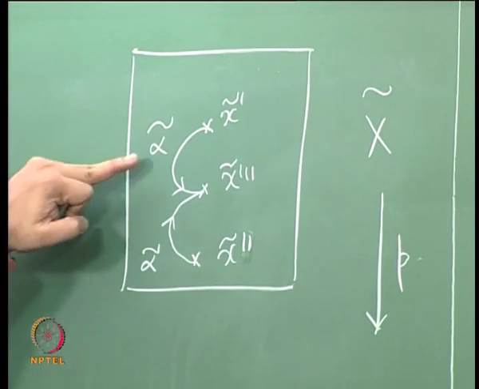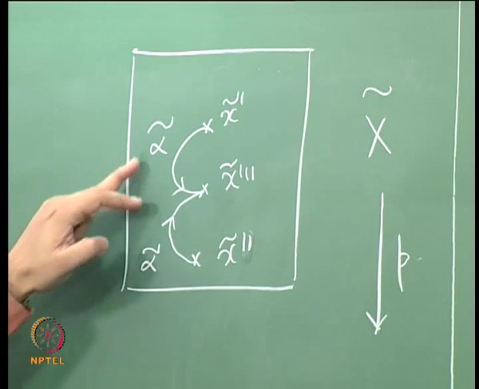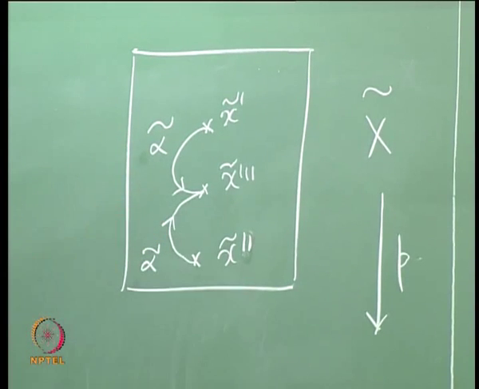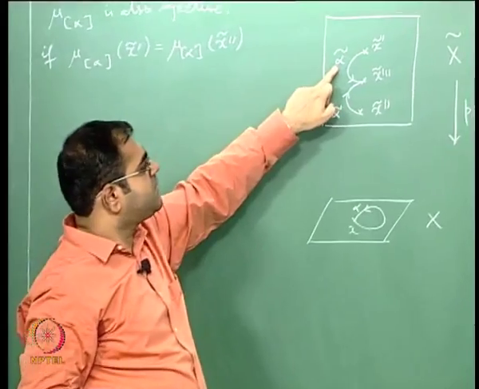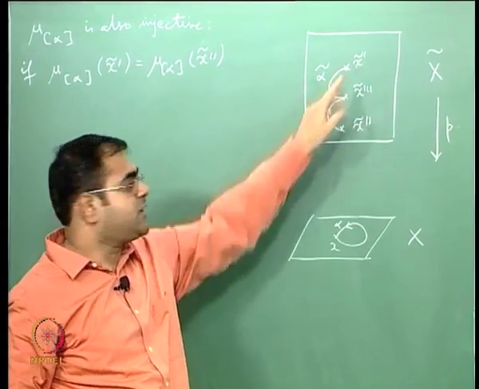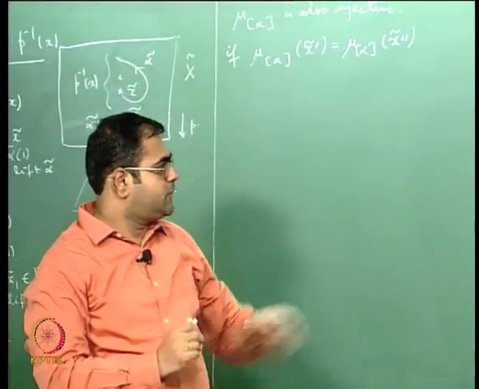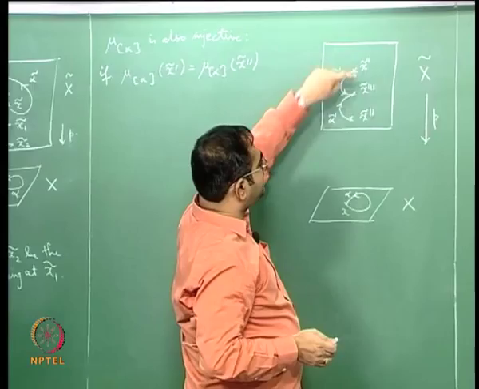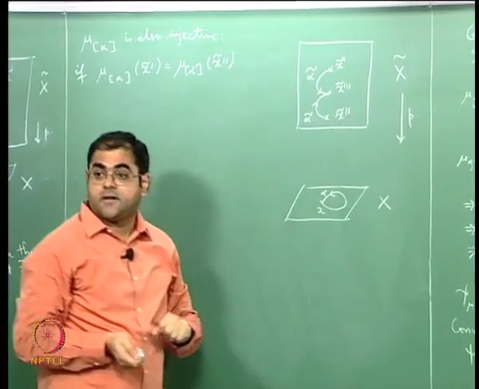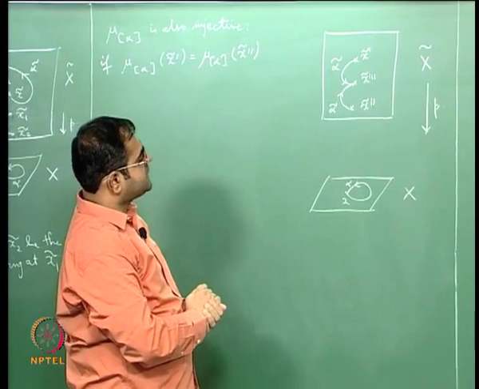Mind you, I am writing alpha tilde, the same alpha tilde, but these are actually different paths because the starting points are different. If I want to be very strict, I should label this alpha tilde by x prime tilde and this alpha tilde by x double prime tilde, but I am not going to do that. It will look very complicated. Now I will have to show that x prime tilde and x double prime tilde are the same, and I think that's